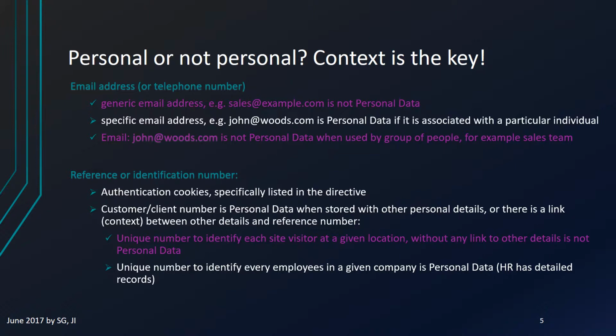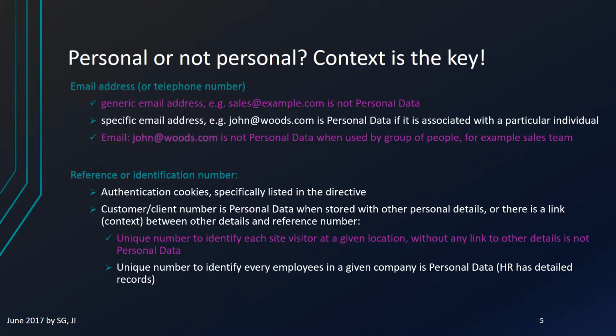And then along with this order number, the person on the other end of the phone would have all other information, for example, your name, how the order was paid for, your address, the address where the order was being delivered to. If this order number has nothing linked with it on the Amazon side, then that would not be considered as personal data. So if they need to ask you for your order number and then ask you for other details regarding the order, so if they need to ask you for your personal data, then the order number would not be considered as personal data.